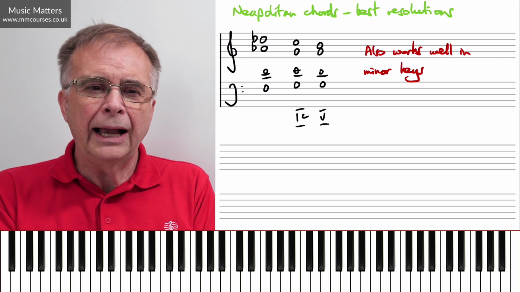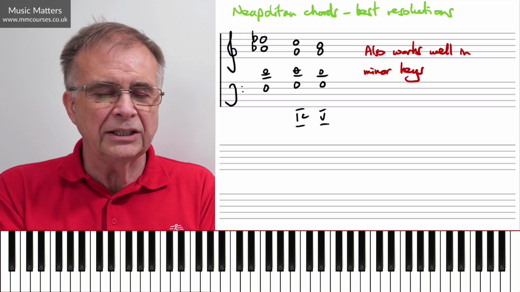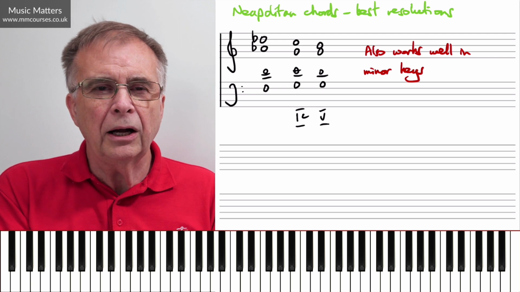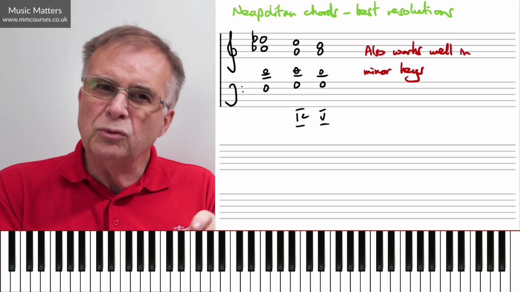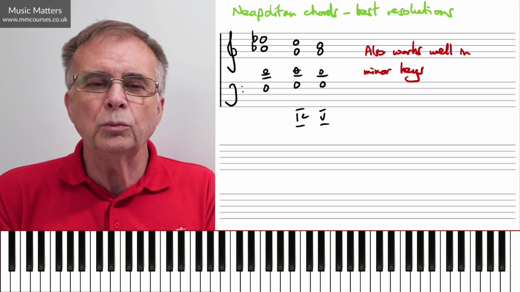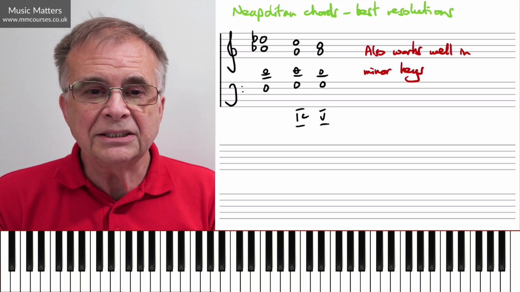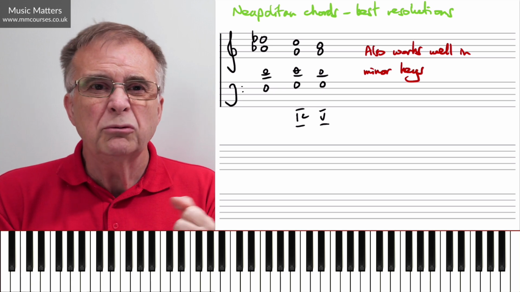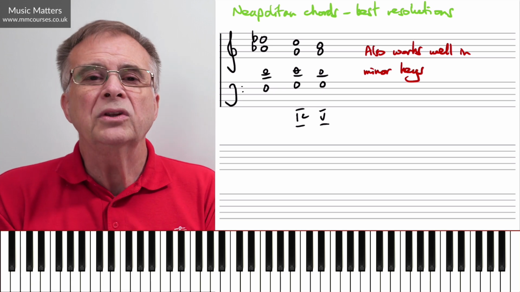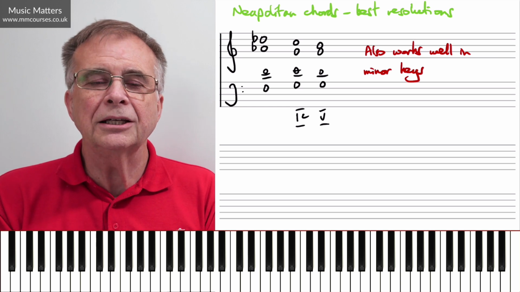Lots of people are happy about how to form a Neapolitan, how to get this major chord on flat 2, but they're happier about how they're approaching it than they are about how they're resolving it, because they don't realise that really you're living in this world of predominant chords. So I hope that makes sense and helps to answer that question as to why we're really pretty limited with how we would normally expect to resolve this particular chord.